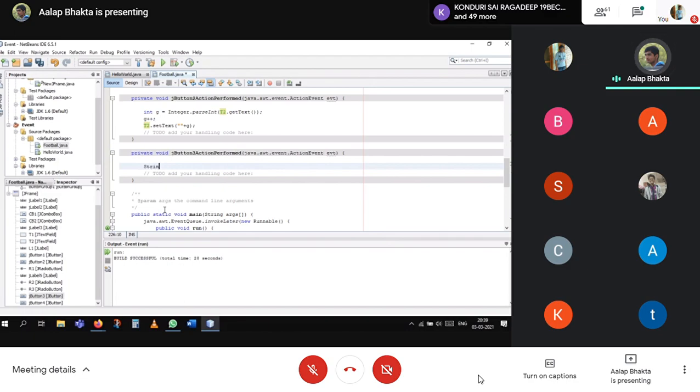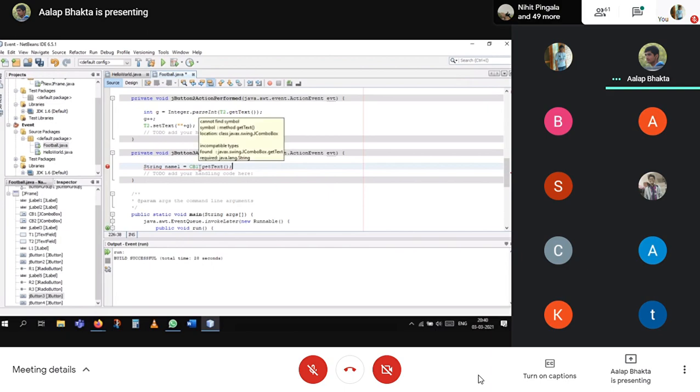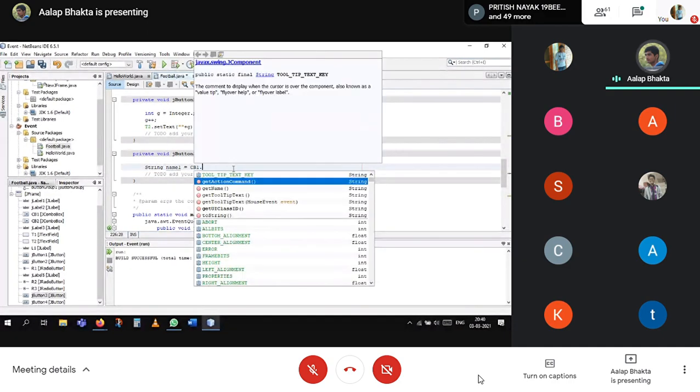So the string like name 1 for team 1. Okay, so easy. cb1 dot get text. Wait, cannot find get text. Okay, get item.